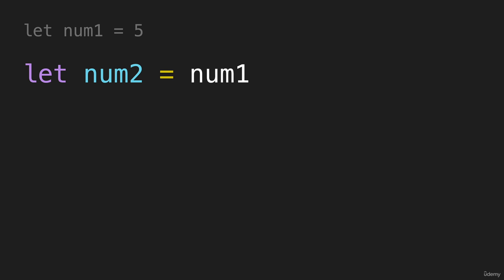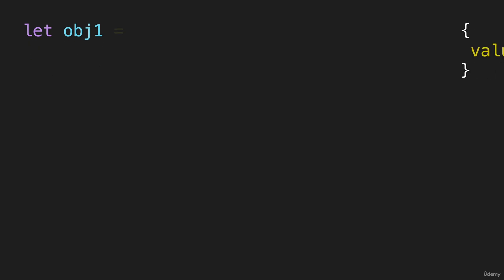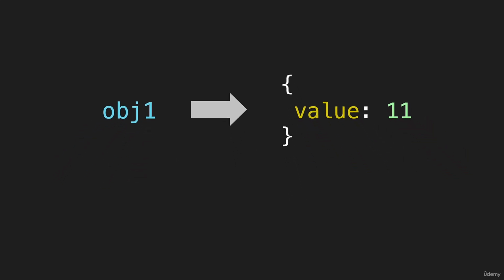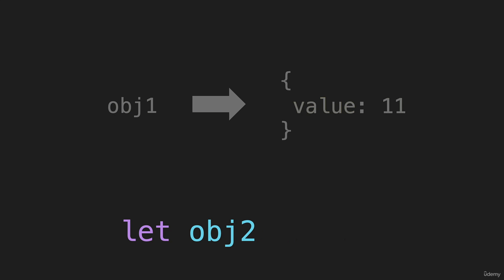Now let's compare this to when we are using a pointer. I'm going to say let object1 equal this value. When you set a variable equal to an object, you are saying object1 points to this object. It is a pointer. And then when we say let object2 be equal to object1, it might look as though